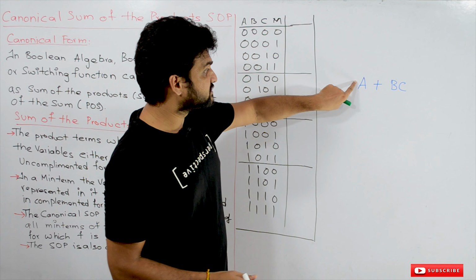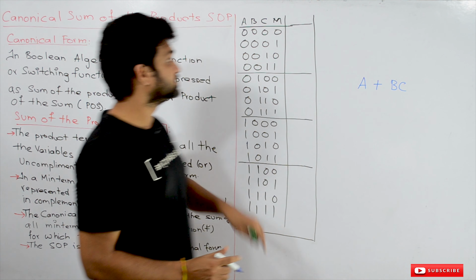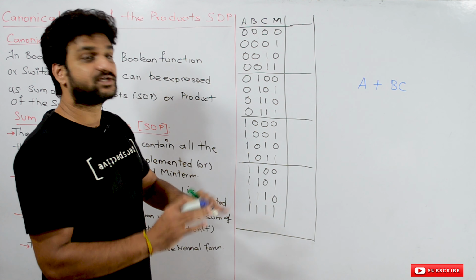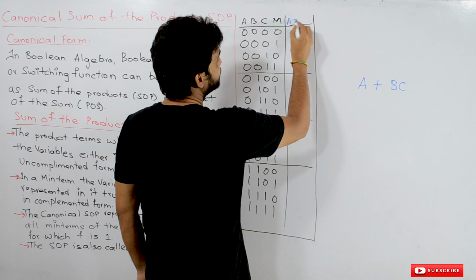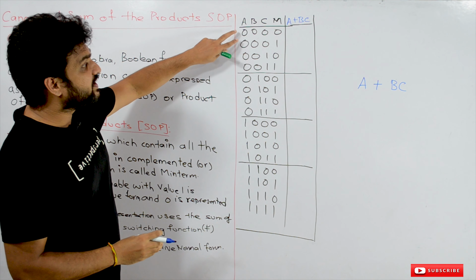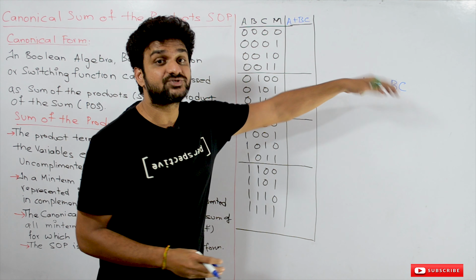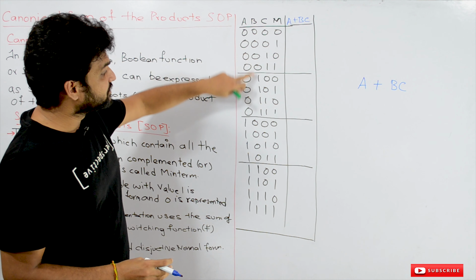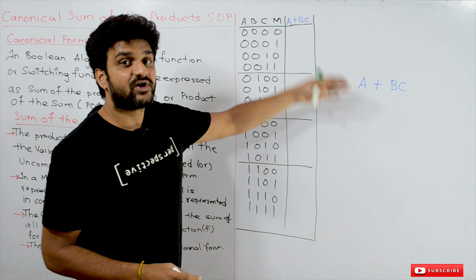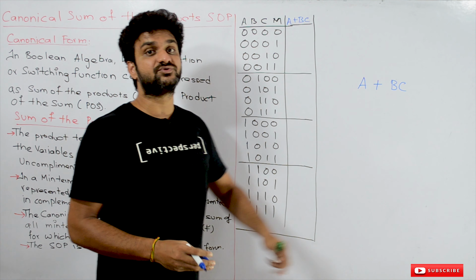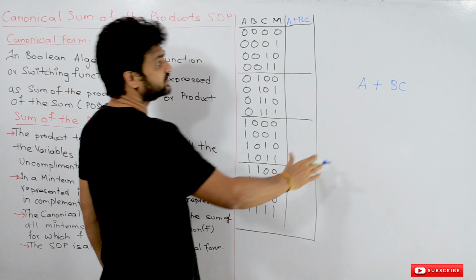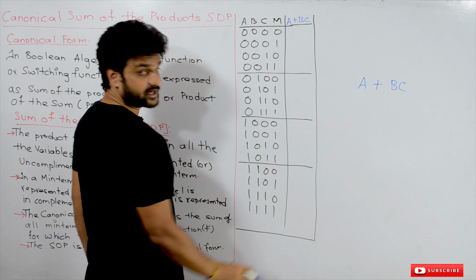This is what we call a switching function or Boolean function, and this is the truth table for the switching function. What that means is, if you want to find the inputs for which this Boolean function happens to be true, if you apply all these inputs onto this function, we will try to understand where it happens to be true.